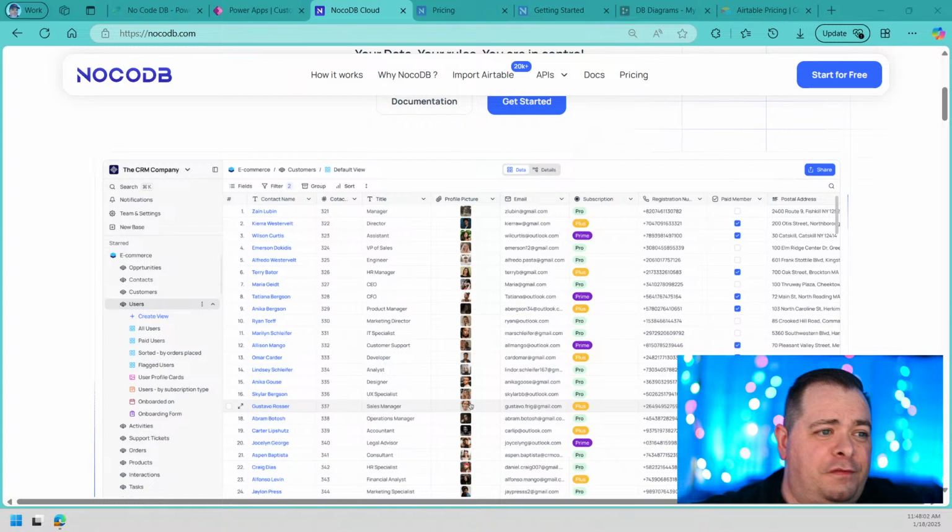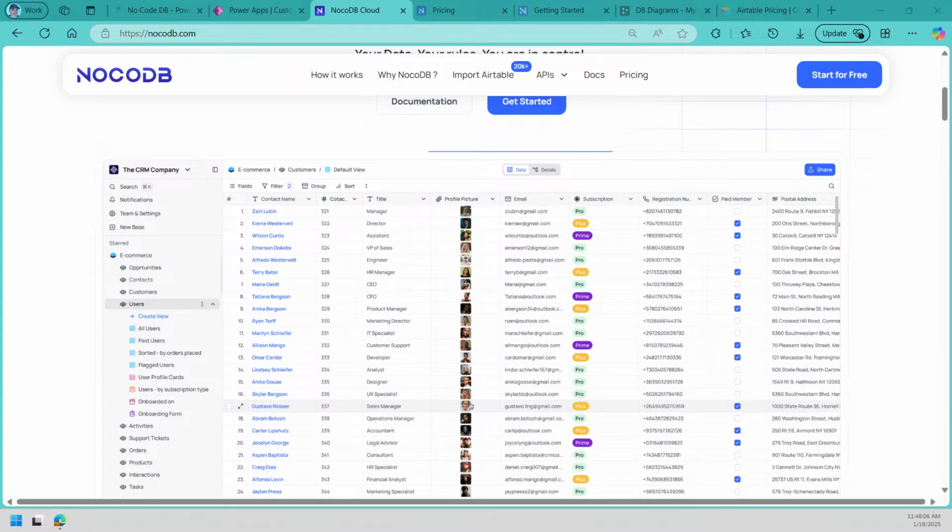Let me see if I can sort of fix that. I'm not sure if I can fix it or not. Sometimes it does, sometimes it doesn't. And so while I'm messing with that, as you can see here on my screen,